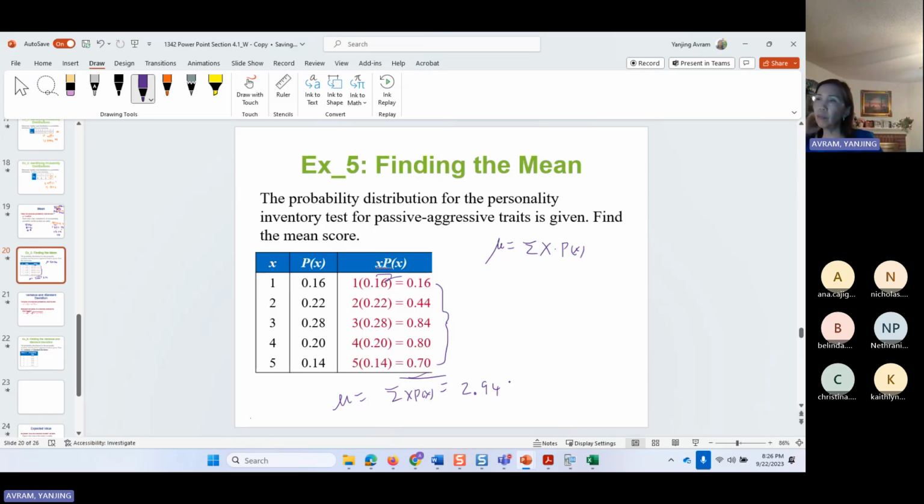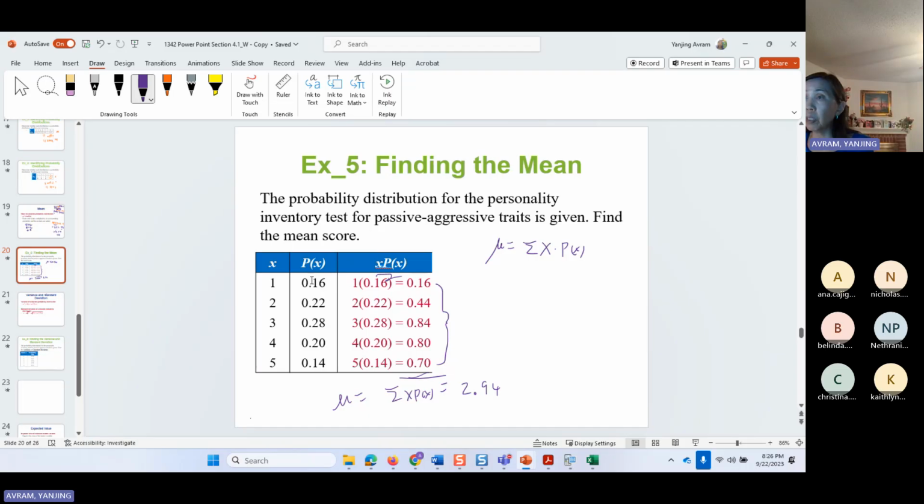Okay, so 2.94 is close to 3, right? So on average, people are kind of in the middle, not too passive, not too aggressive, right? But we also have to deal with those two extremes in here. Okay, so we actually have a